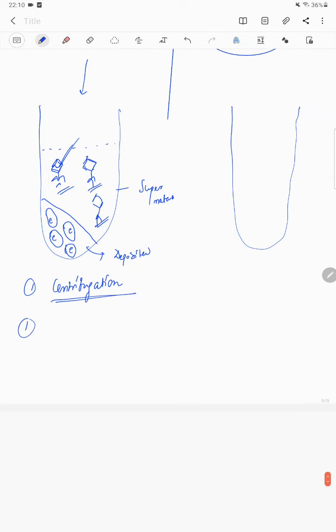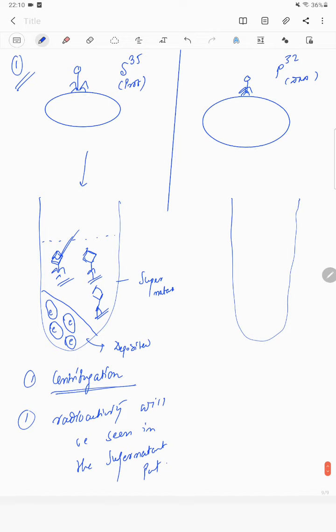So they used radioactive sulfur. Now what's the point of having the radioactive sulfur? The point is that it will emit radioactivity. So where is the radioactivity going to be present? So write it down: radioactivity will be seen in the supernatant part.